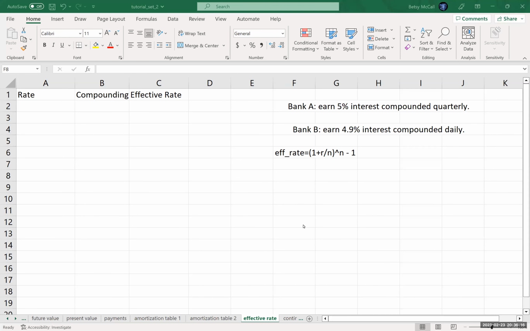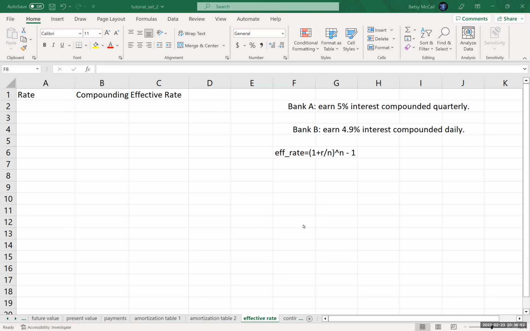Okay, so in this video, we're going to calculate the effective rate for two savings accounts, two bank accounts from different banks that are earning slightly different interest rates and compounding at slightly different frequencies. And what we want to be able to do is compare, given the rate and the compounding frequency, how much interest I am going to earn effectively at the end of a year, at the end of a cycle, in order to determine which rate is actually going to get me the